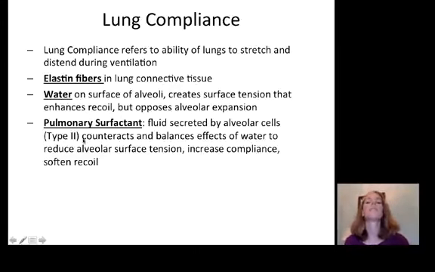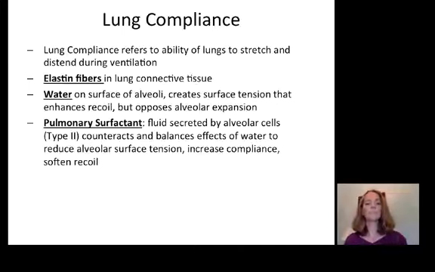Lung compliance refers to the ability of the lungs to stretch and distend during ventilation. Remember that the lungs are coupled to the chest cavity, and as the chest cavity moves, the lungs have to stretch and recoil along with it. So it's important that the lungs have elastic tissue so they can stretch and recoil. They also have water on the surface of the alveoli. This creates a surface tension that enhances the recoil and opposes the alveolar expansion